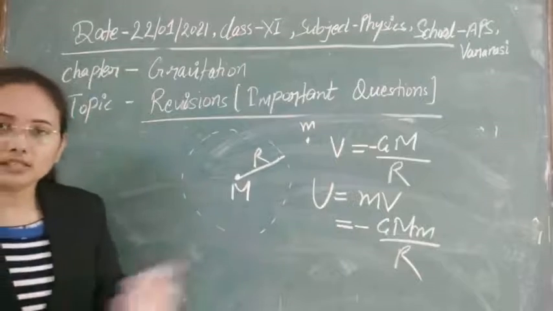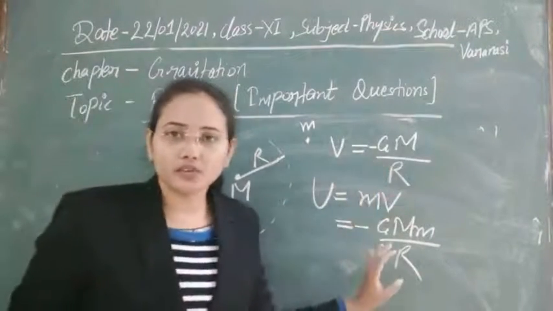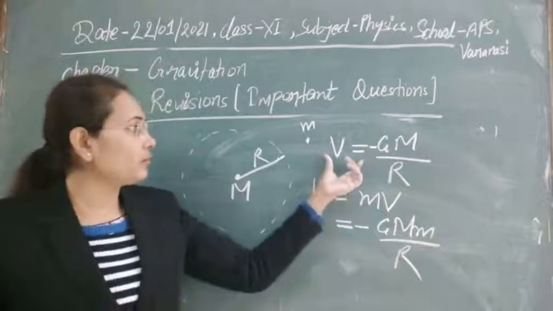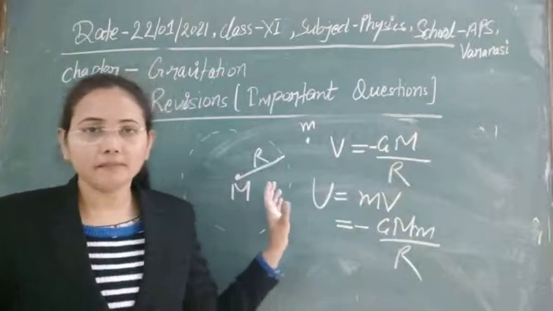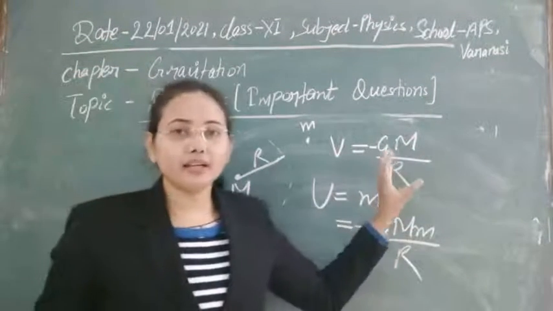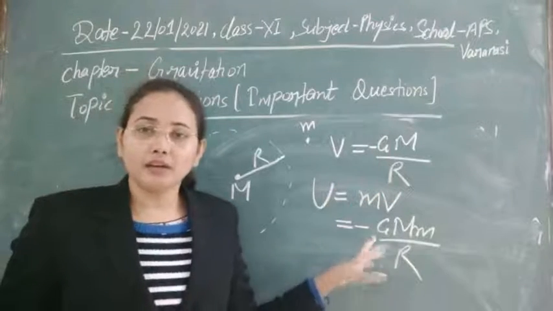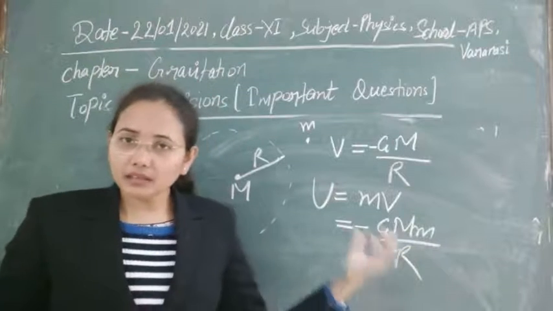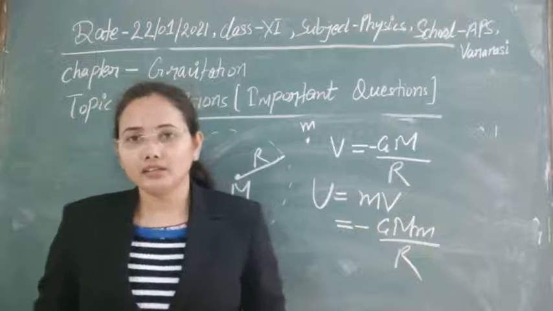So I think now these two things are clear, and a number of numericals are also based on this formula to calculate gravitational potential energy and the gravitational potential of any mass. Clear? With the help of this formula, you can calculate it. Here again, the negative sign shows that we have to do some work on the system to bring any mass into it, and also that the force is attractive in nature.